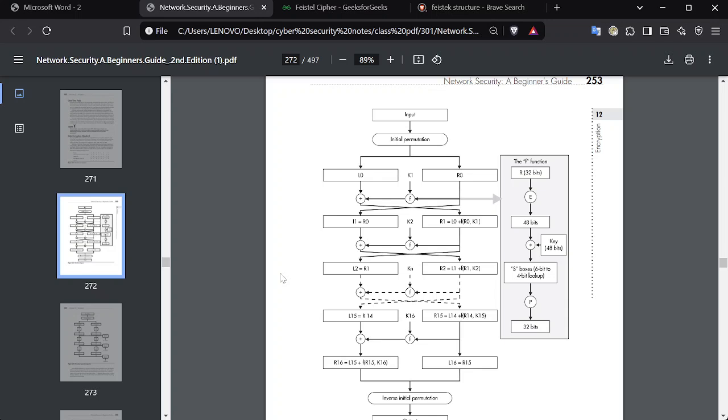It is not just changing the position of the alphabets, but changing the method, the algorithm, how it's used